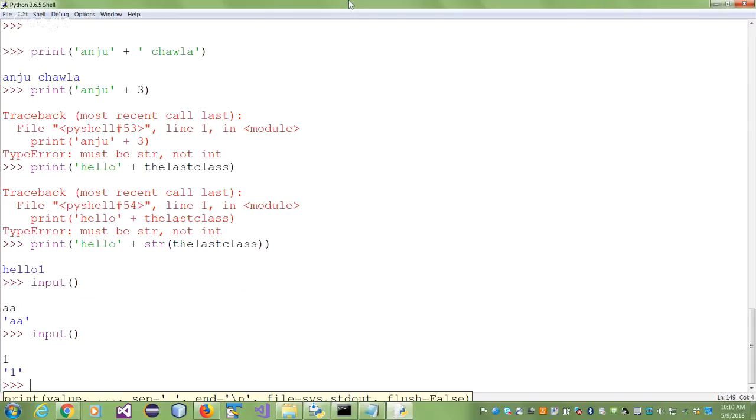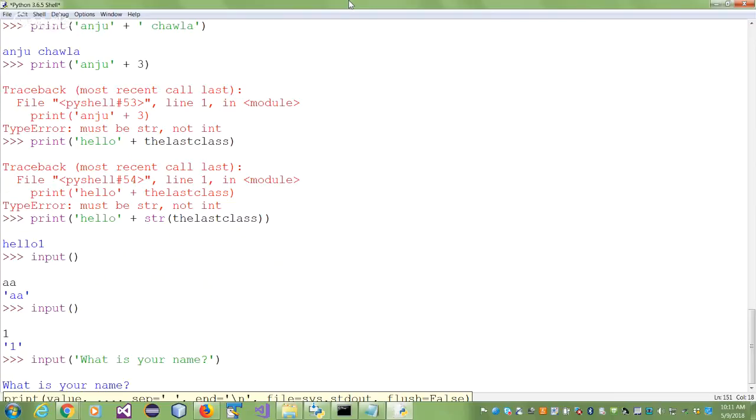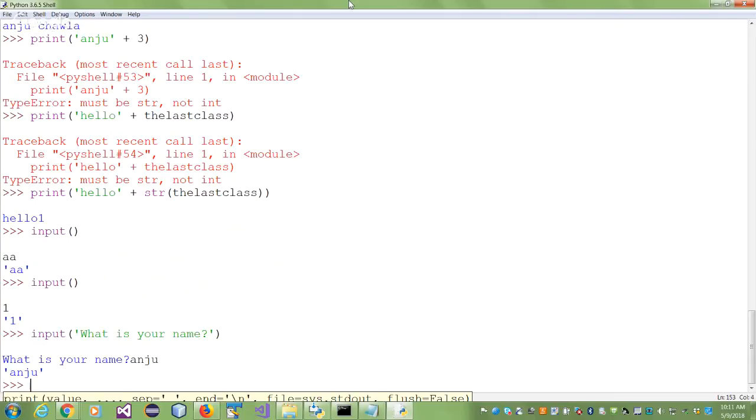Now, that is okay. It was blinking. I gave it something. But wouldn't this be better? Oh, definitely better. Now there is a question. What is your name? So that means input function can take a parameter. It can take a string from you. So you may or may not give it a string. So now it makes more sense to me. I say Anju. So keep in mind, when you are asking something from the user, please see there is a proper prompt. What is your name? What is your age? What's your semester number? Where do you live? Don't just say input and keep sitting.